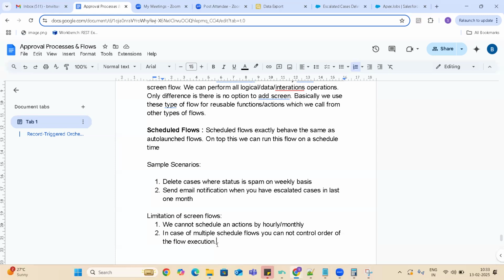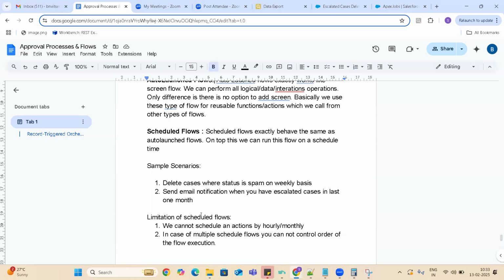Even if you have configured the same time, it may run the accounts scheduled flow first, or it may run the cases scheduled flow first. So that is the other limitation. We can't control it. These are the two limitations, guys. These are the simple scenarios.